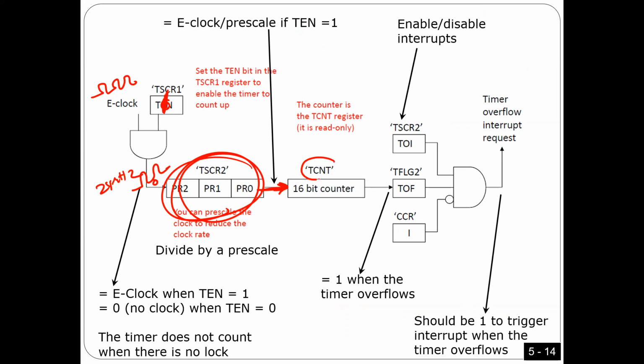When you count, this is the name of the register: if you want to get the current counting value, it is TCNT, right? A 16-bit register. Every time it counts up to 65,536, from 0 until all 1s, it is going to put 1 here to trigger an interrupt. This is a flag bit, and this is the bit you have to clear. Then you are going to trigger interrupts if 3 conditions are true.